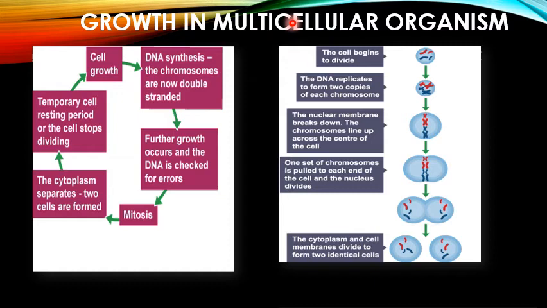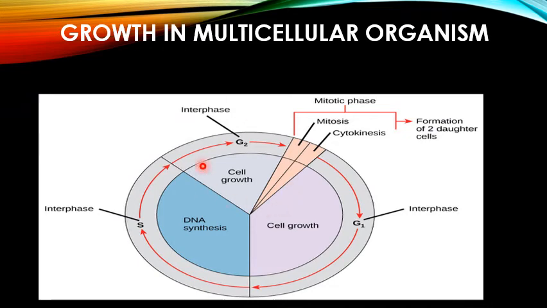Before they can divide during mitosis, the cells must duplicate their internal structures, which all takes place in the interphase. We'll study that in more detail later. So during the interphase, all the internal structures have to be duplicated before they enter the mitotic phase. Interphase involves three stages: the G1 phase, S phase and G2 phase.